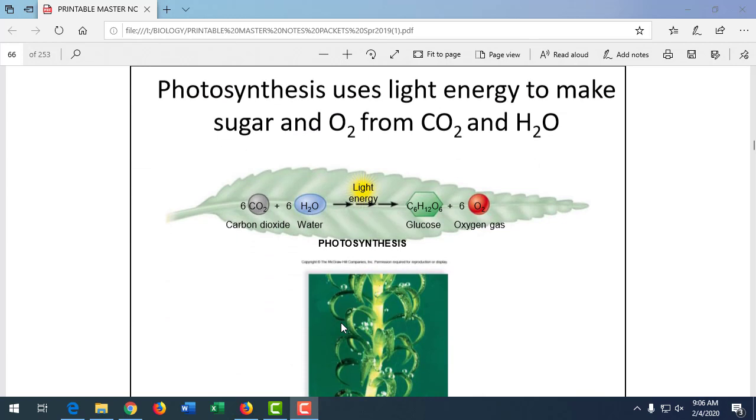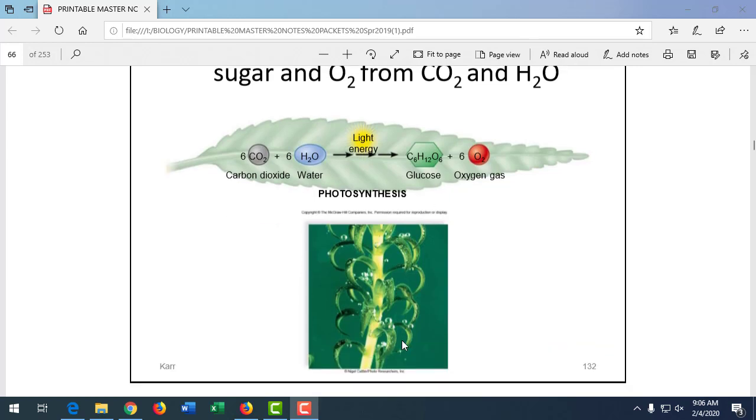So this occurs in the leaves. Again, here's the complete formula for photosynthesis. It's carbon dioxide and water using light energy to make glucose and oxygen gas. So if I look at this plant here, which is called Elodea, it's a great plant for use in the lab, and we used to use it a lot, but